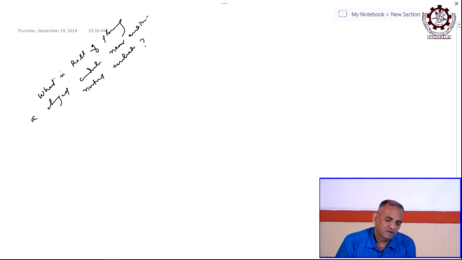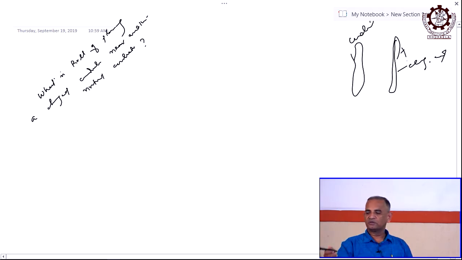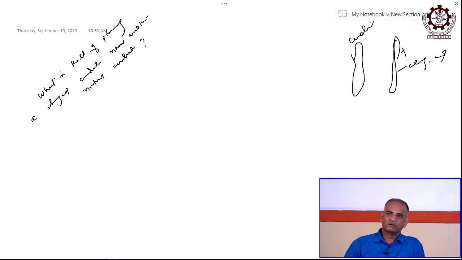near the neutral conductor? That means, if there is a conductor, let us say this is a conductor, then you place near that a charged conductor. So, what will happen? Let it be positive charge, other one is neutral. This is the neutral conductor, this is the charged conductor. So, something will happen, what will happen? Charge will be induced.